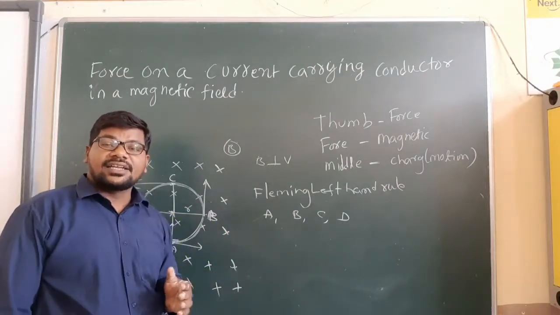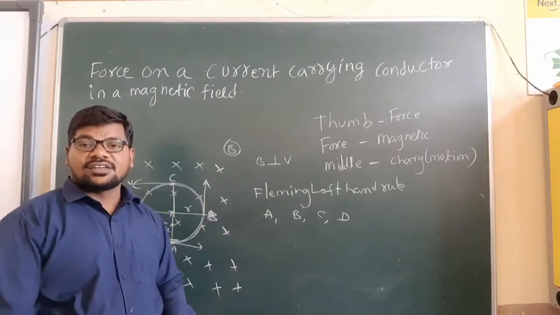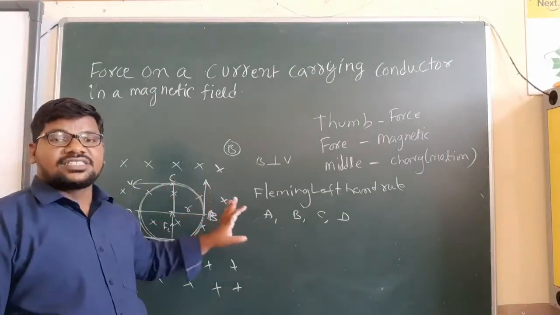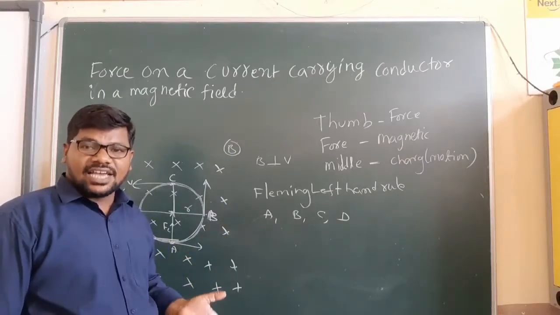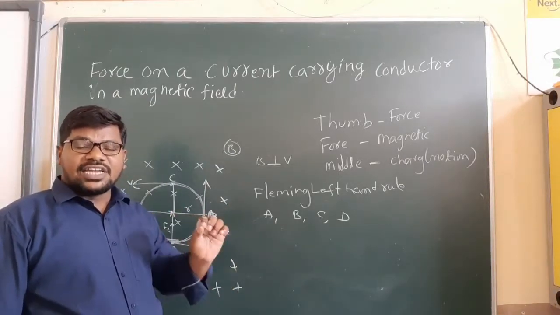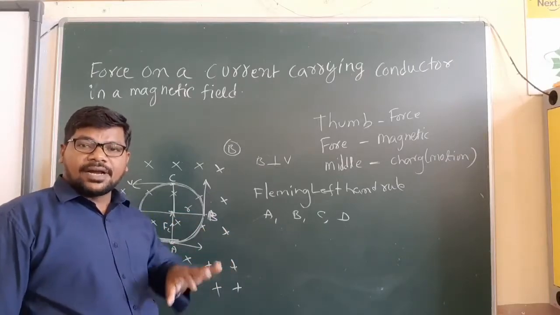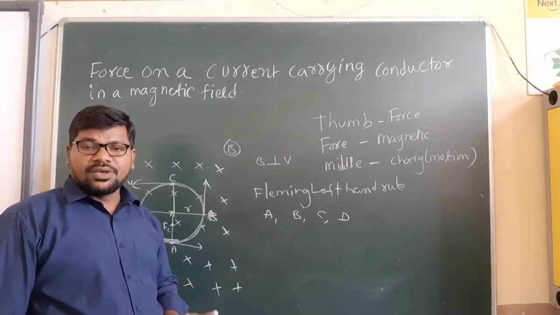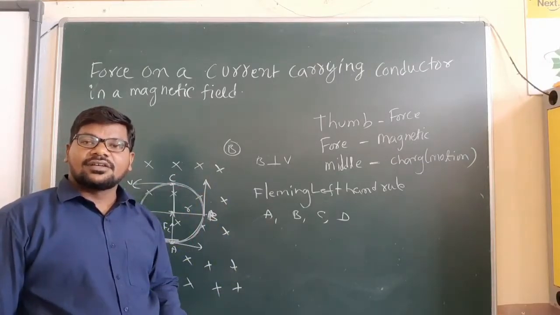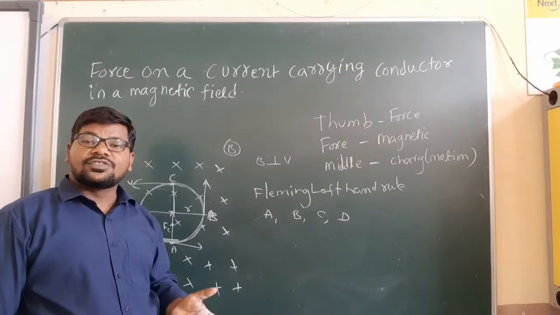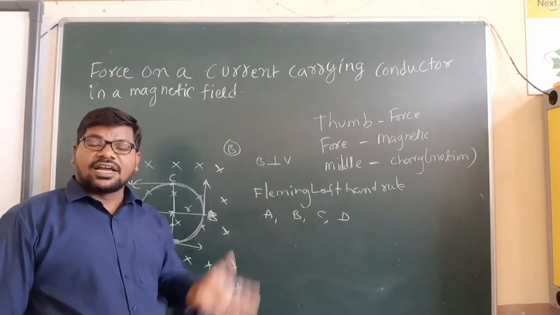By this, the particle will move in a circular path. Okay, so this is not in our syllabus. By understanding, I will say if a charged particle is sent perpendicular to the field, the particle moves in a circular path. Then if we have to take one current carrying conductor, how can we find the force which is acting on the conductor?